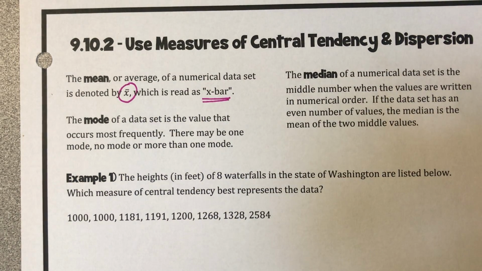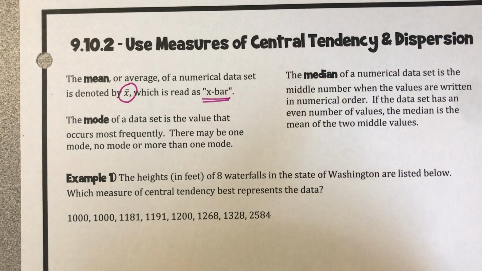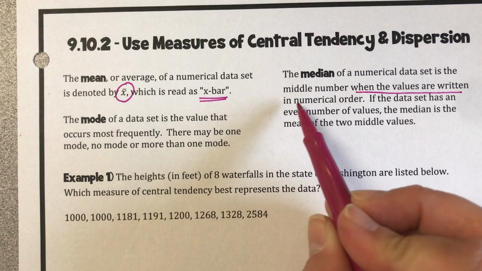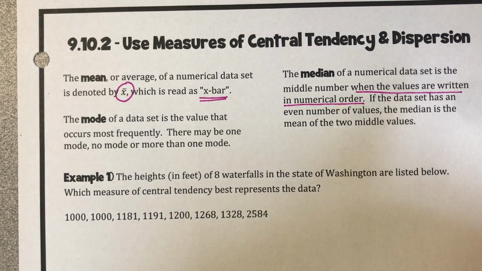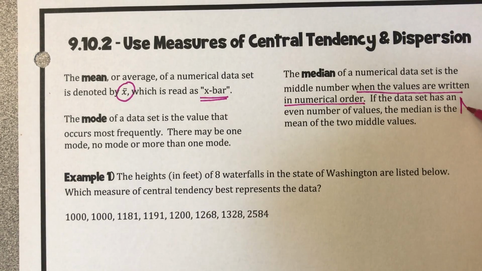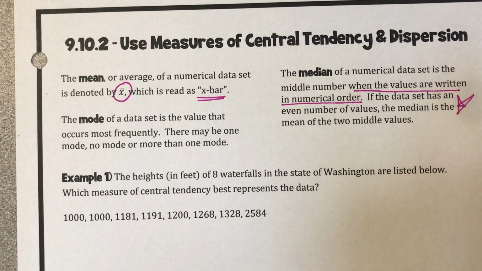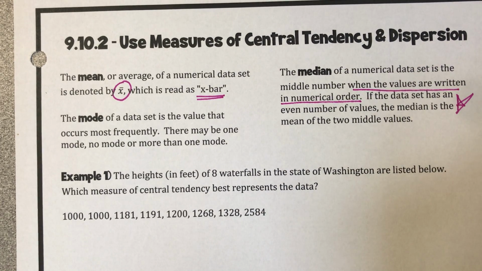The mode is the value that occurs the most frequently. There can be one mode, there can be more than one mode, or there can be no modes. And then the median is the middle number, and then this is important, when the values are written in numerical order. If the data set has an even number of values, the median is the mean of the two middle